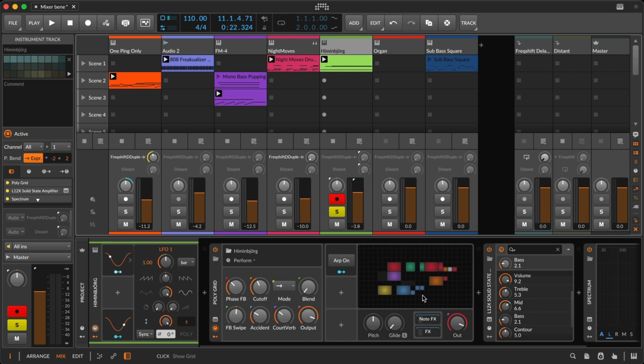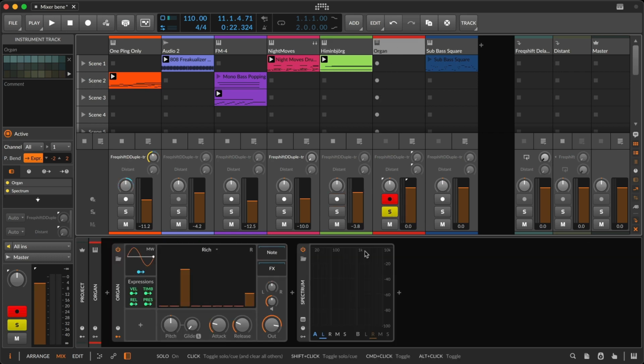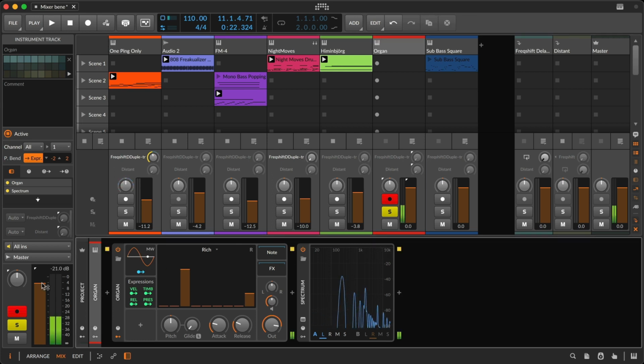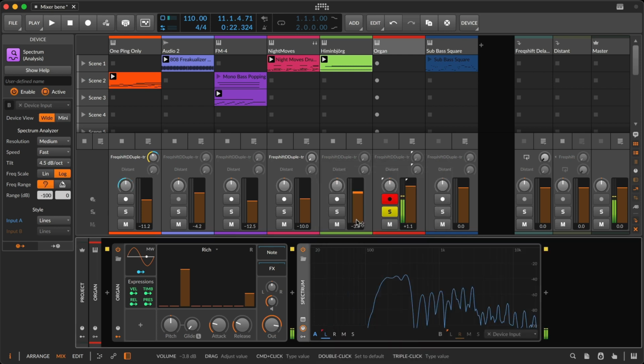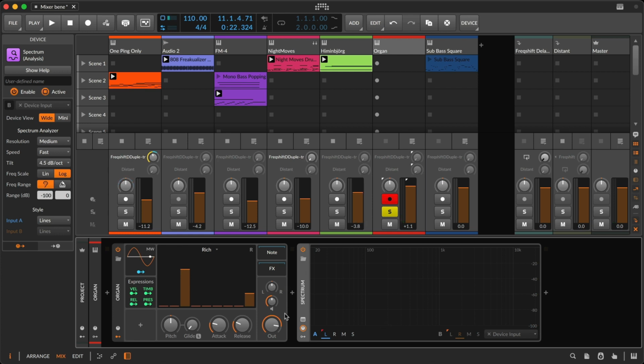And then one last thing about the idea of gain is I've got a simple organ here. A very nice, simple organ sound. Let's get a bigger spectrum. Now, it's interesting that if you look at the instruments we've got, there tends to be an output control, and there tends to be a voice gain control.